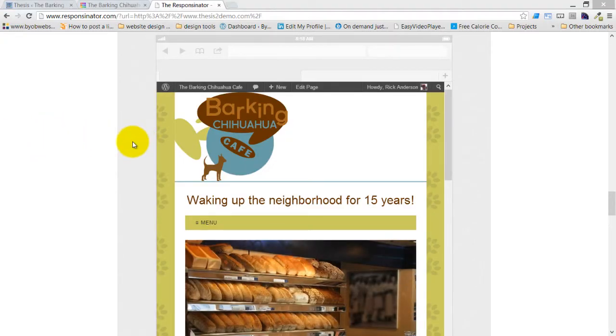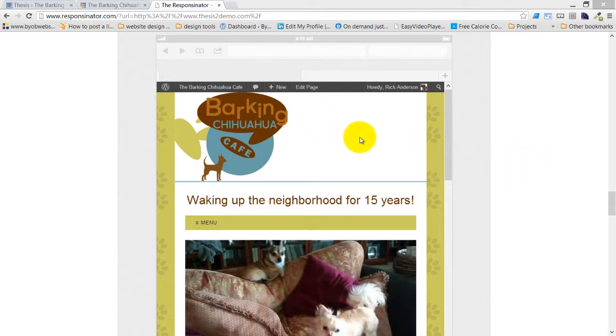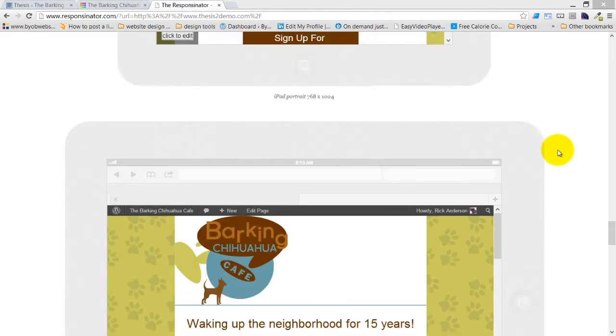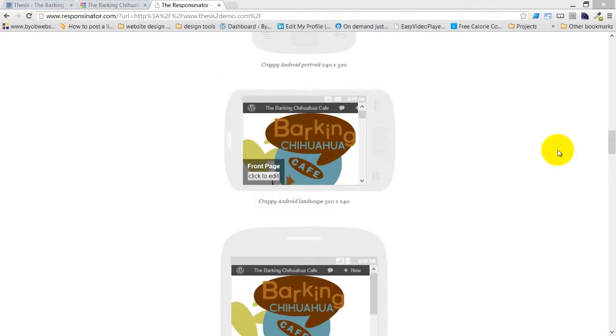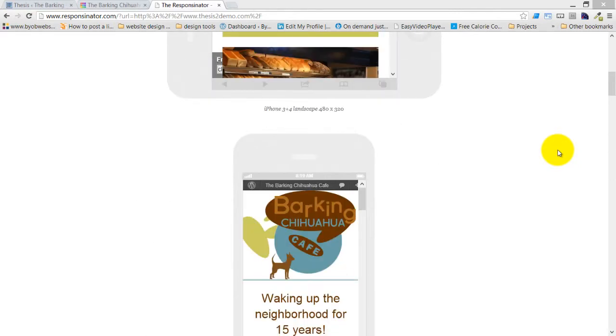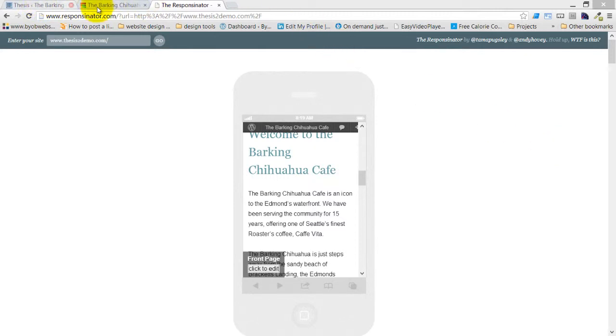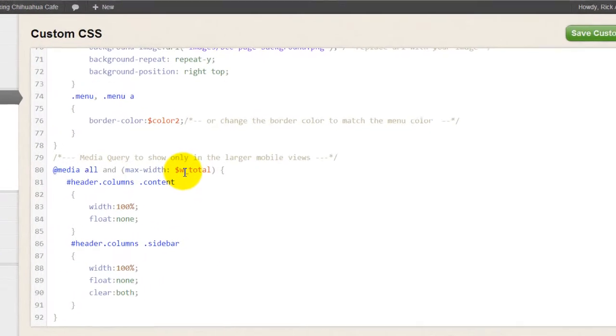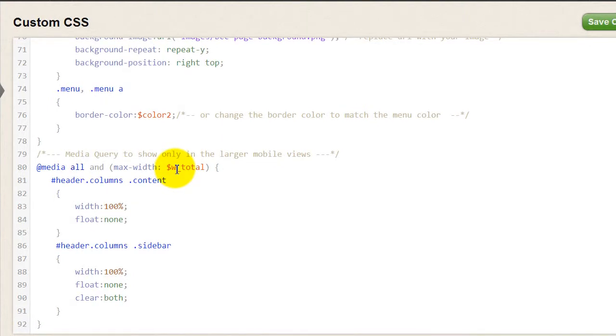Okay, well, the next thing I'd like to do is to change that up a little bit. I would rather have the tagline up here and a menu up here in these larger views, right? So rather than doing this clear both thing, or rather than the setting that we've used here in our custom CSS, rather than using W total, I think what we're going to do is we're going to use the